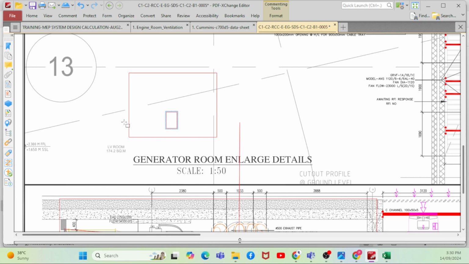Assume that I have an intake somewhere here. I have to run my ducting all the way from here to here for the intake. And for the discharge, assume that I have a discharge louver here and I have to run my ducting all the way from here to here. So when I calculate,